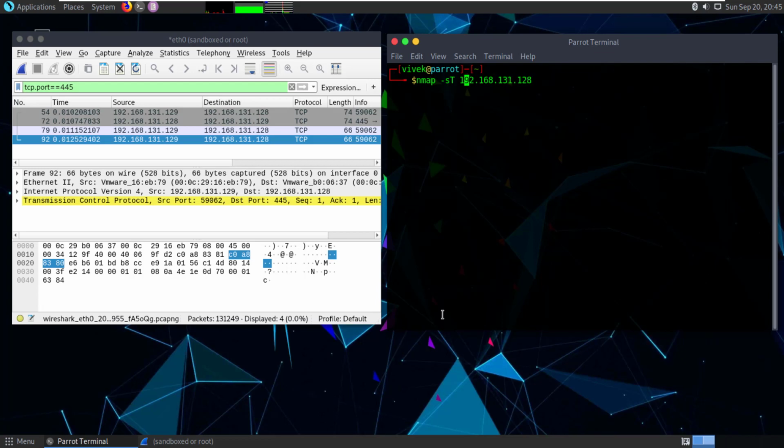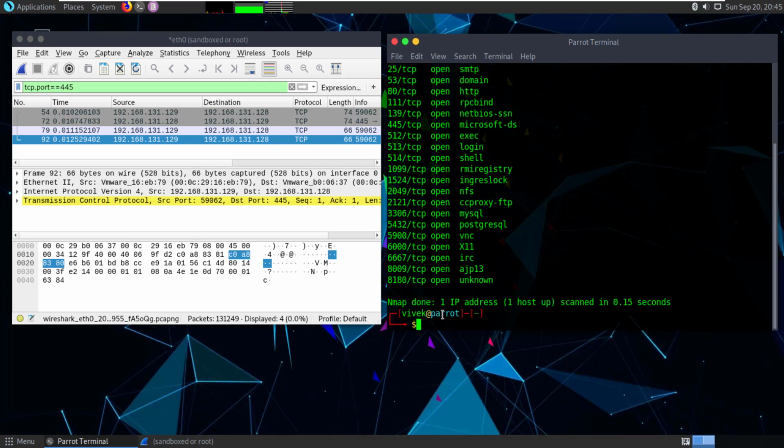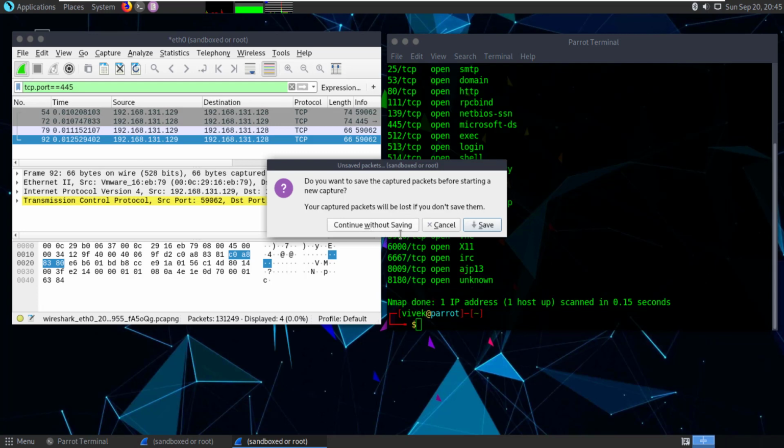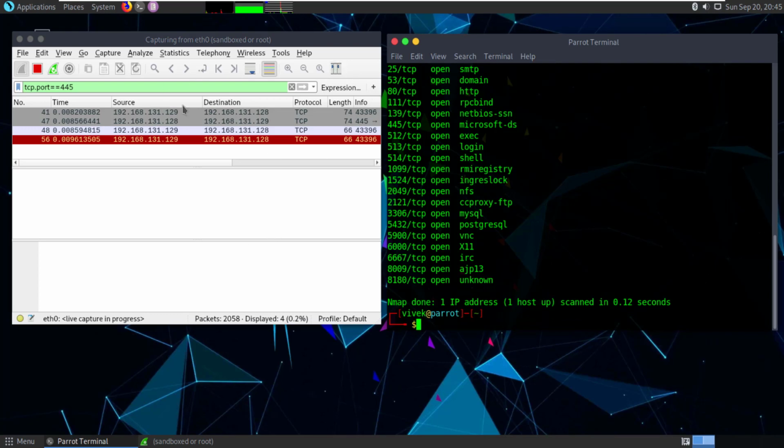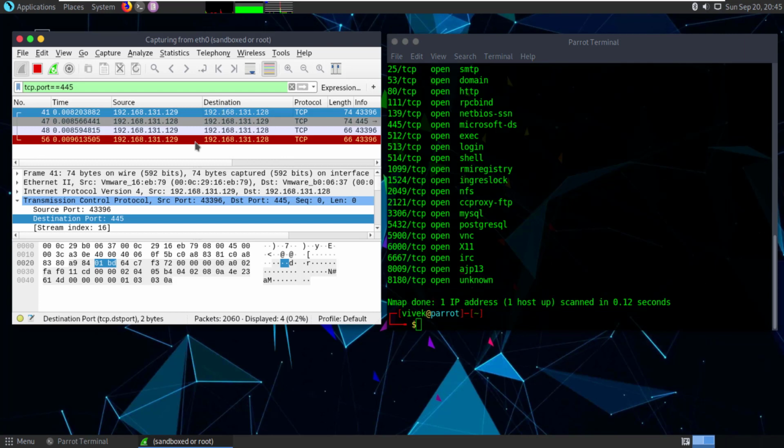If you want to add timing options here, you can do that. You can merge things, so you can add -T4. Do this, and you can see the result is in front of you. But this time let me show you in Wireshark also. Let me open this, enter. You can see all the results are here, but here I want to show you what type of flags have been used.